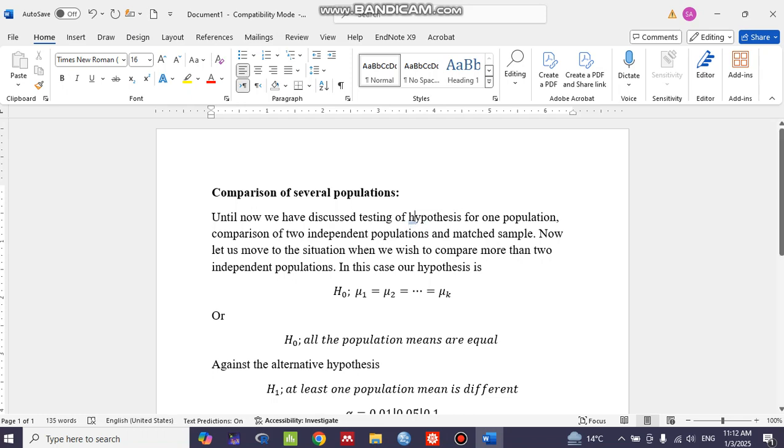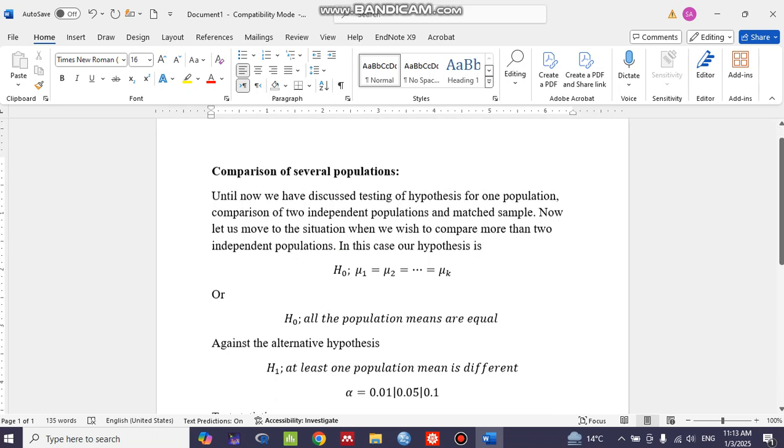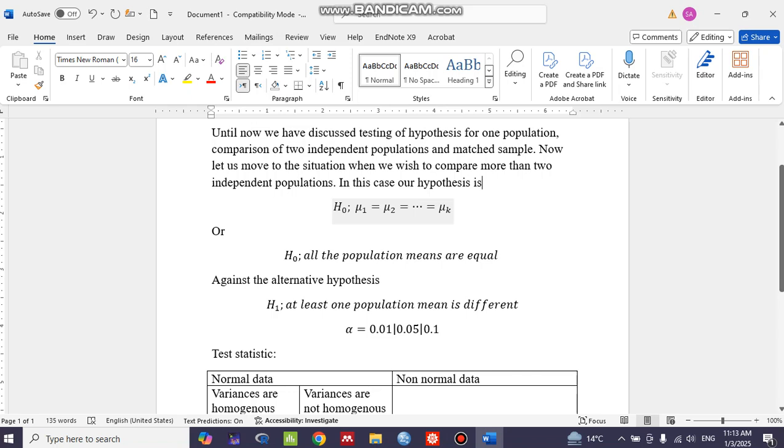Up till now we have discussed testing of hypothesis for one population, comparison of two independent populations, or matched samples. Now let us move to the situation when we wish to compare more than two independent populations. In this case our null hypothesis is mu1 is equal to mu2 is equal to so on up to mu k, means there are k groups and all the groups have equal population mean. Or we can also state this hypothesis in this way, that all the population means are equal,